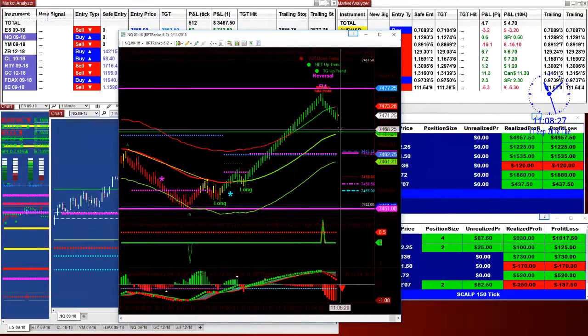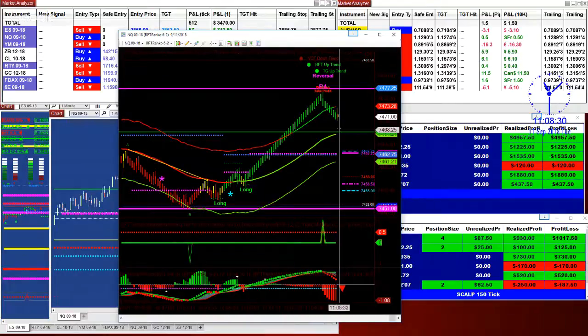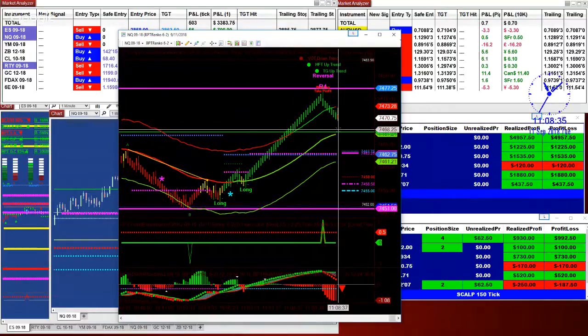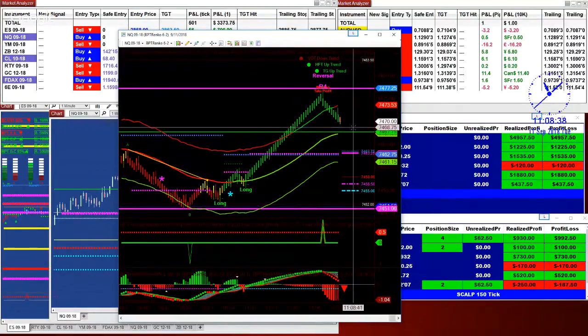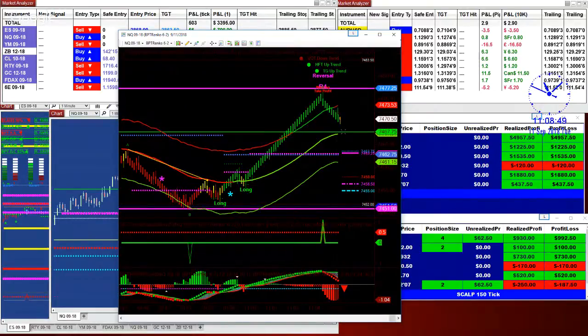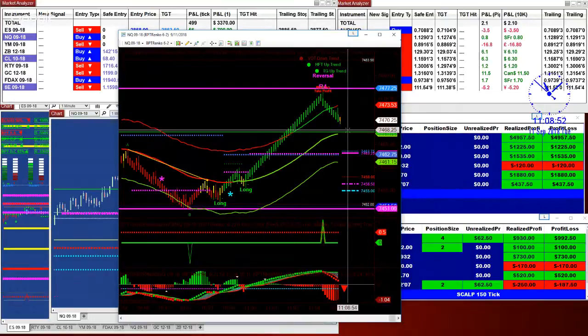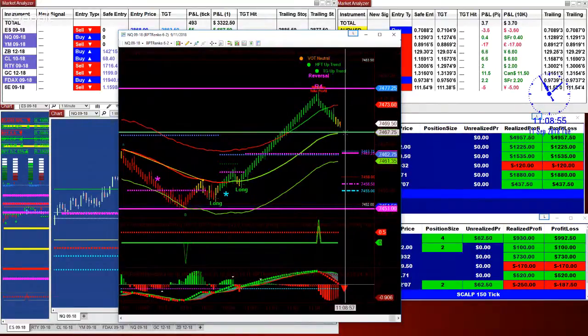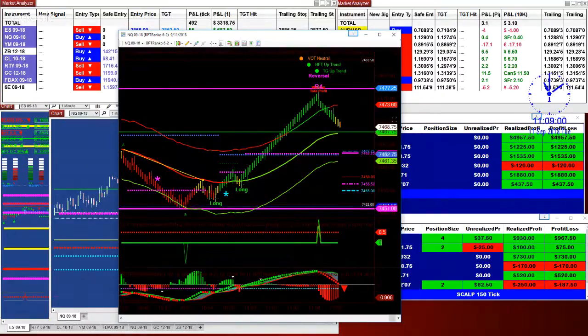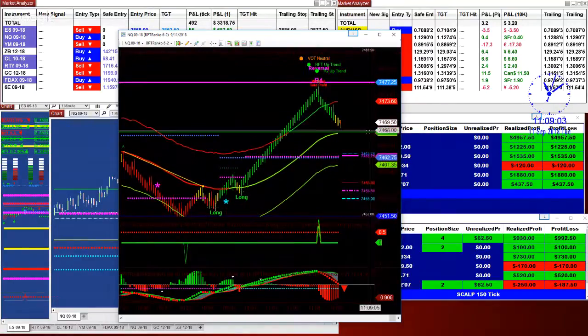68.25. If you take that short, you need to exit at 68.25. Okay, look at my cursor. This is the final destination on that reversal. Or what you can do, you can tighten up your stop loss, because now we are diving into the unknown. If this Nasdaq broke that area here, technically we are going to this area here. So this is, look, keep your eye on the 67.75.